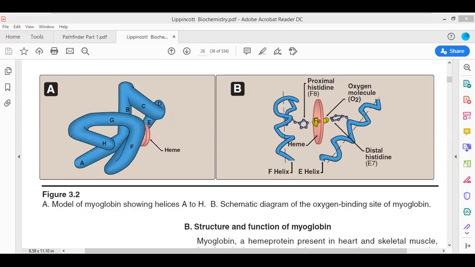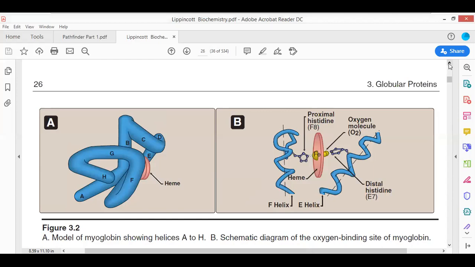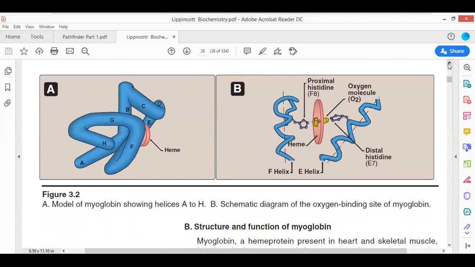Namrita, are you there? Is it clear to you all now? Now you are able to visualize these structures. The Lippincott book has also been shared with you, and you can read it yourself. The page number in this book is 26. It has been shared in your group, so you can go through its ultrastructure also.